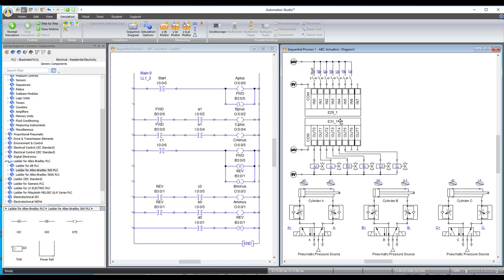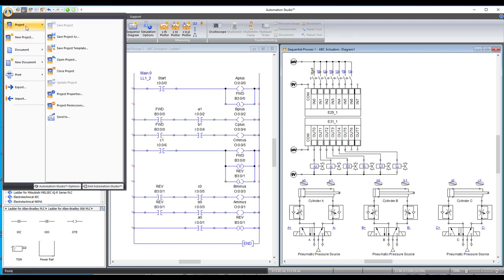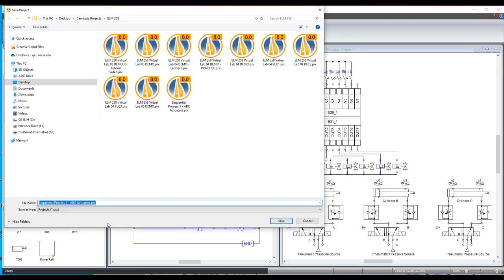So this is the first application in Virtual Lab 5. So the next one is going to use a lot of the same components, but we're going to make some variations. So we're going to do another save as, and this one I'm going to call sequential process 2. Now what we're going to do is change the valves, and they're going to be spring return pneumatic valves. So I'm going to call this spring